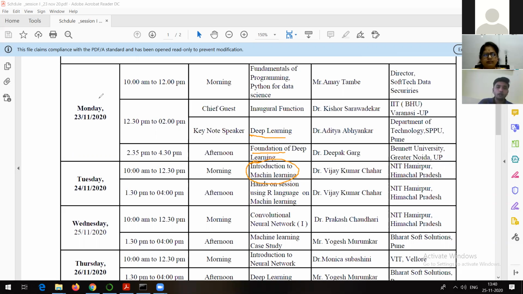So I hope that you are aware about the different approaches of machine learning, like supervised machine learning, unsupervised machine learning, semi-supervised machine learning, and reinforcement machine learning. These are the approaches which can be used to solve the problems of classification or prediction or regression, right? And here you have already done hands-on on machine learning, maybe with R, but the concept is going to remain the same.